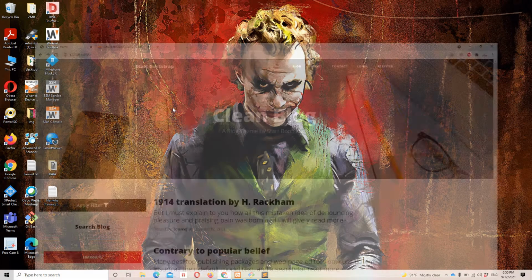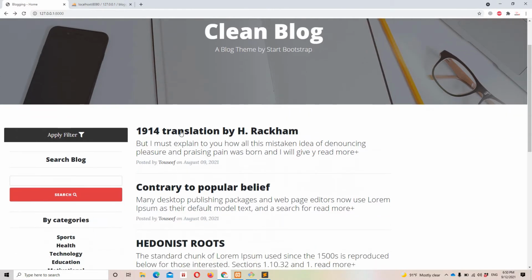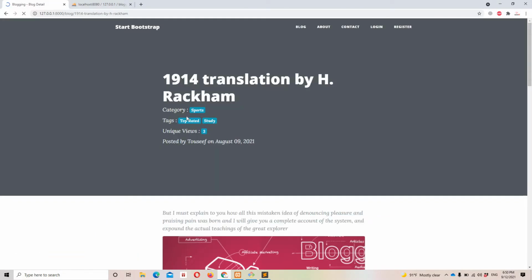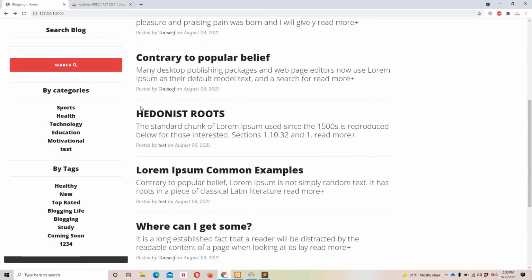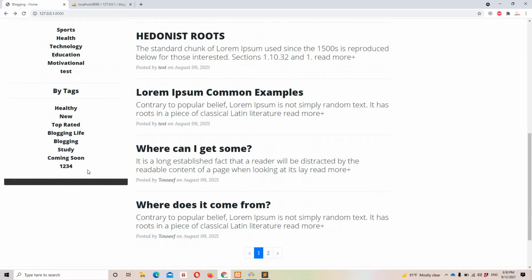So guys, in the previous video we successfully implemented the unique view functionality, which is working fine, and now we can see the unique views on our blog details page right here. In this specific video we are going to implement the popular blogs functionality based on the unique view count, and we are going to display it right here. Our relationships are in place, so now is the time that we can start implementing the popular blogs functionality. So without further talking, let's start.